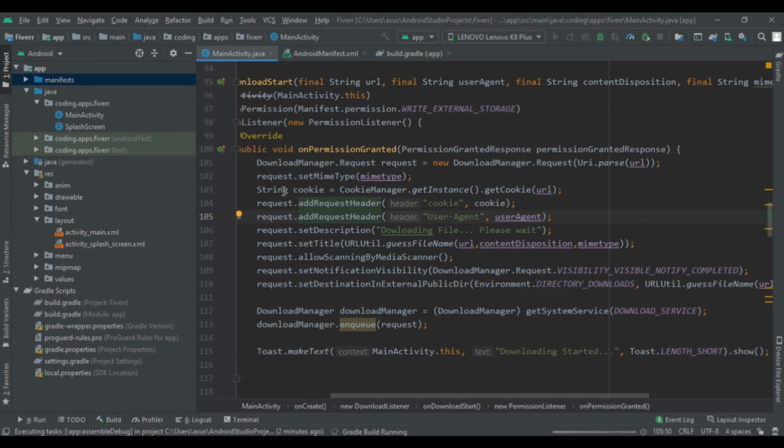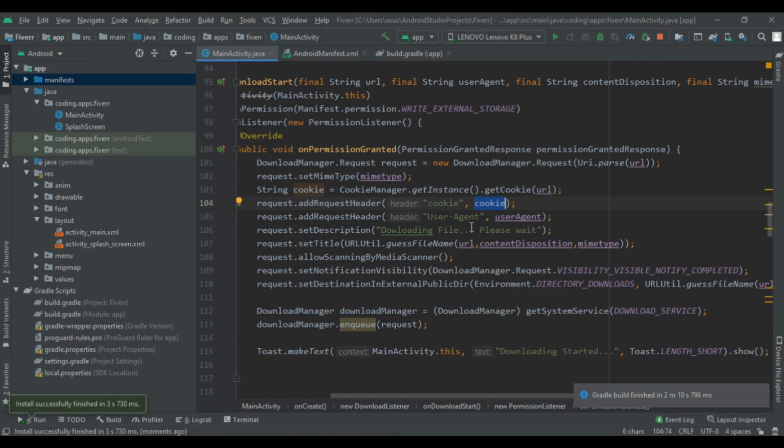So now we have to write string cookie is equal to CookieManager.getInstance().getCookie(url). Then we had added request header two times, first for our cookie and second for our user agent. So in the first we had created the cookie and given the cookie as our second parameter, and in the second add request header we had created the user agent.